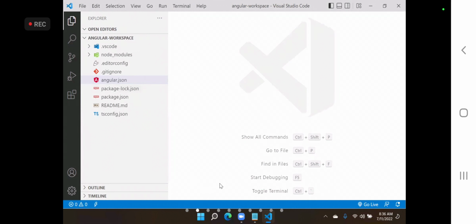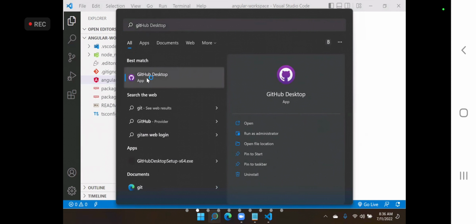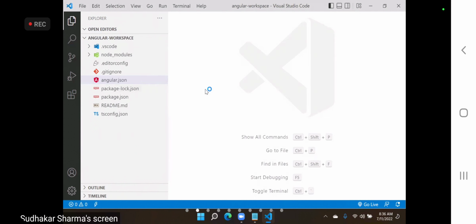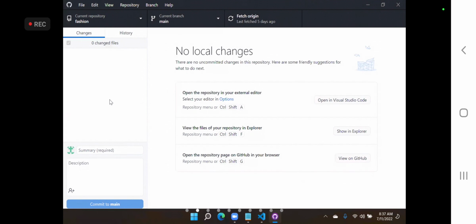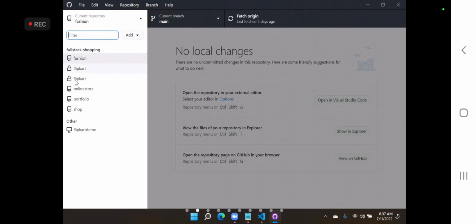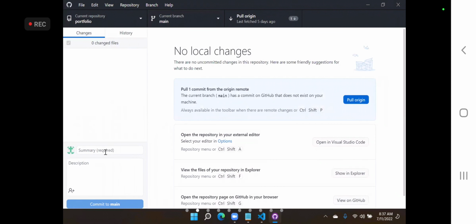This is present everywhere. I have GitHub Desktop. If you have any projects on your Git and you are collaborating and working, .gitignore options will be there. I hope I don't have any existing projects here. Suppose any projects are there and I need to commit.